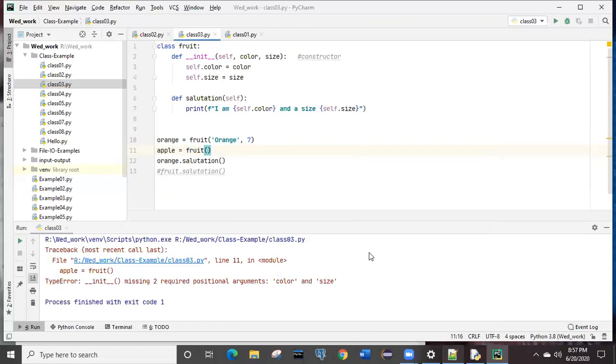Then we will see what it is. It is saying, in line number 11, showing the color and size. It is expecting two arguments, right? If you are not telling what could be the color of the apple and what could be the size of that apple, this class will not understand that you have created the particular and appropriate object of this fruit class, right? So you need to give two